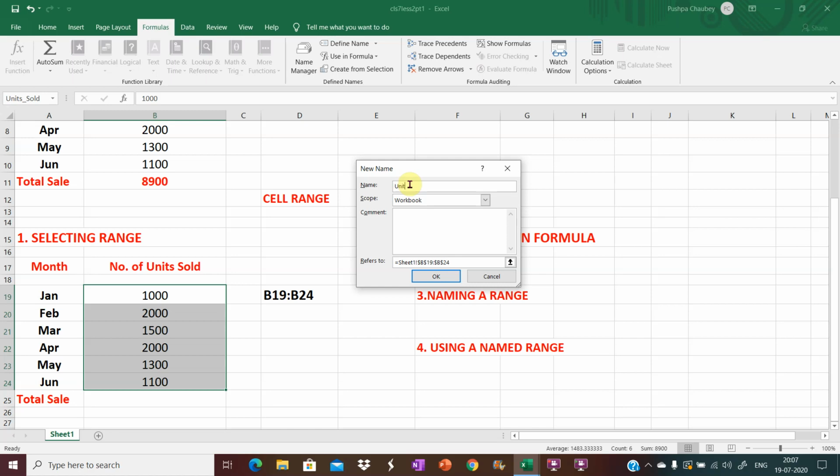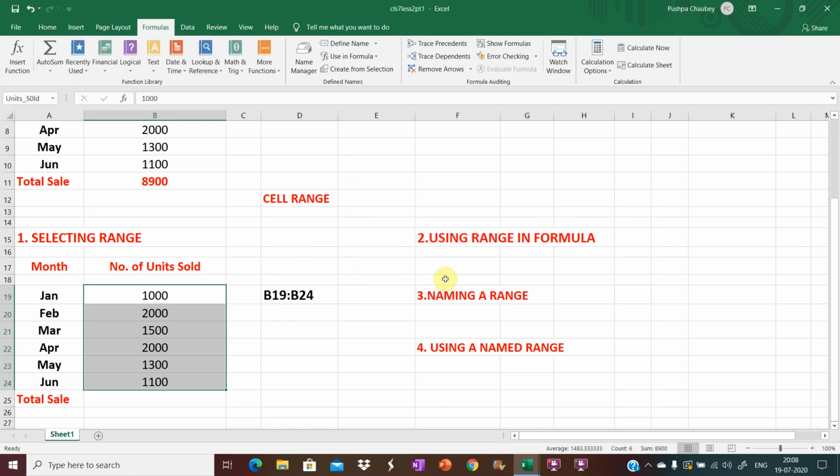Units_sold. Any name you can give here. In the scope, workbook is mentioned. If you want to write any comment, write comment. Cell address is mentioned here. Click on OK. Here, the name for a range is defined.